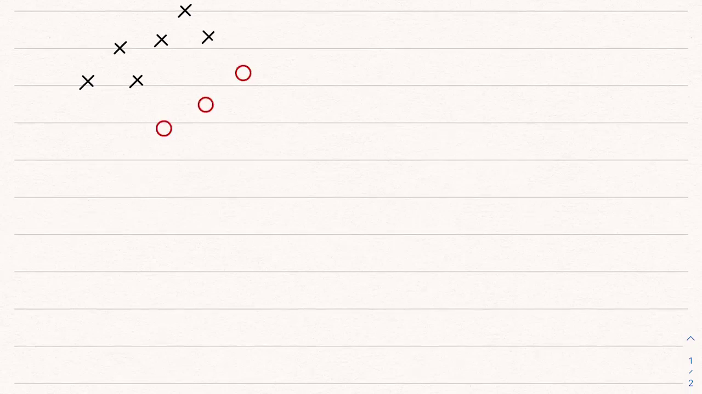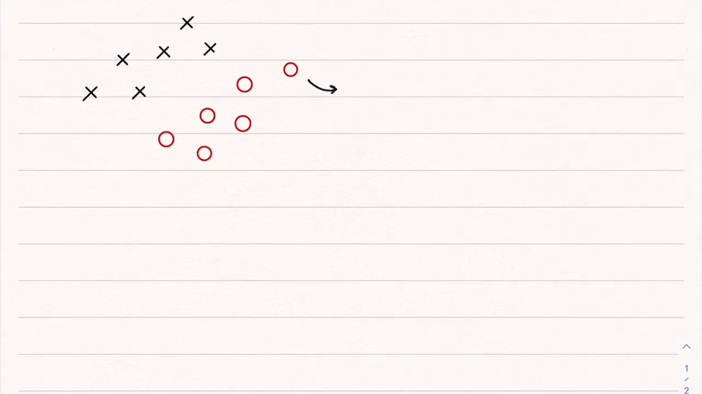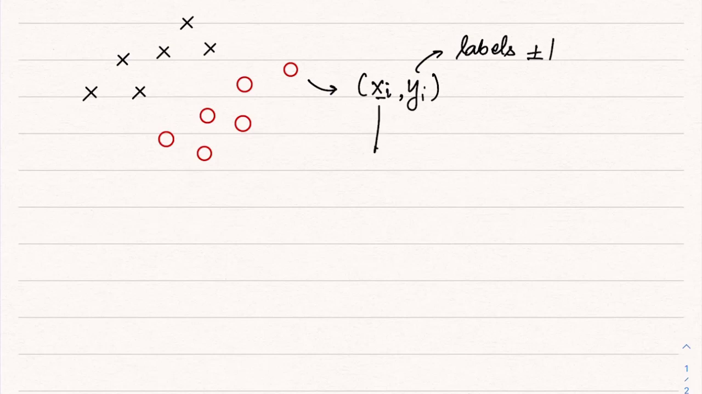We consider the problem of linear discrimination. So let us say that we have two sets of points denoted by circles and crosses. Each of these points, we can say that it is of the form xi, yi, where yi are labels. Labels could be plus or minus 1, and xi are some feature vectors which are, let's say, in n-dimensional